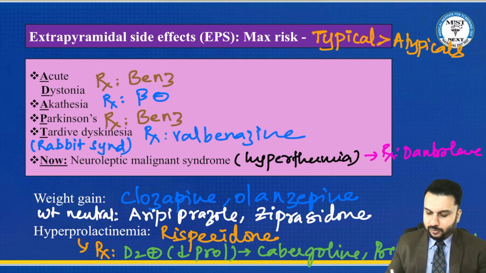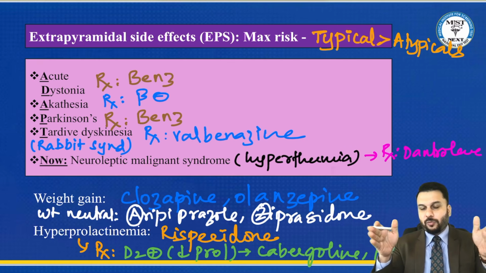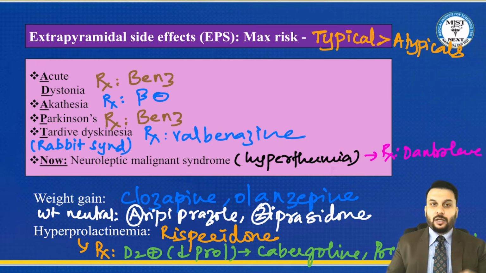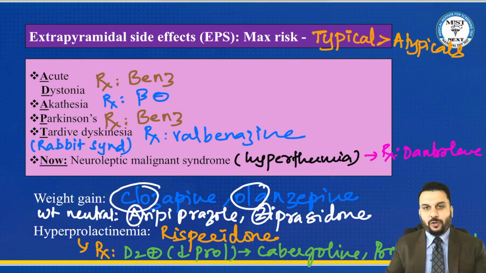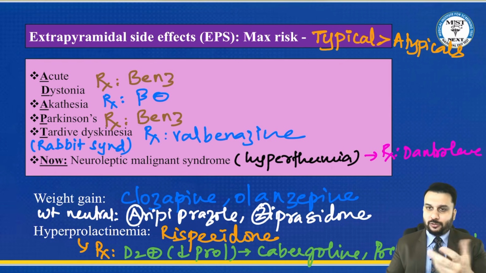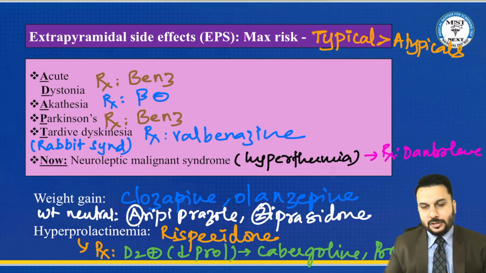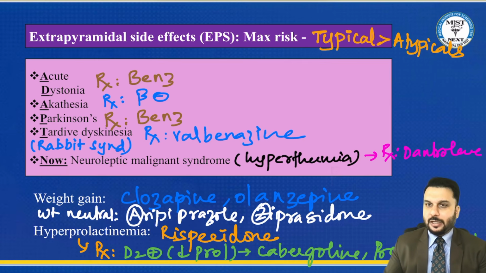How will you remember? If you walk from point A to point Z, if you're walking so much, you will not gain weight. But if you take Ola for a very close distance also, that means you're not walking, every time you take a cab, you will gain weight. If you take Ola for close distance, you will gain weight. And if you walk from A to Z, you will not gain weight. That's just an easy way to remember this. Super high yield chart, every time there has to be a question coming from this. Okay.